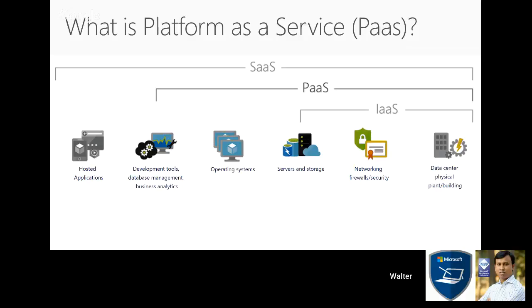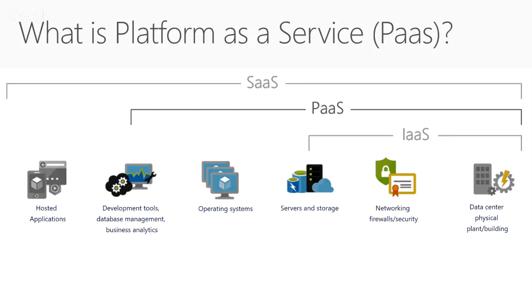While if we take a look at platform as a service, you actually have to build your own applications. That's why, as you can see in the diagram, the hosted application is built by you, and after that, everything is provided by the provider itself, such as the development tools, the operating systems, the servers, the networking, as well as the data center. The interesting part here is you don't have to know about the IT infrastructure in order to use platform as a service, because all the configuration is out of the box. You just use it. So if you don't have any knowledge on how to configure Windows servers, it's fine if you want to do platform as a service.